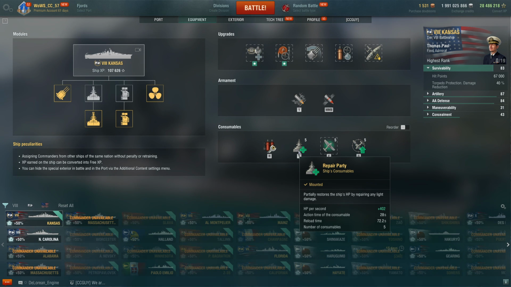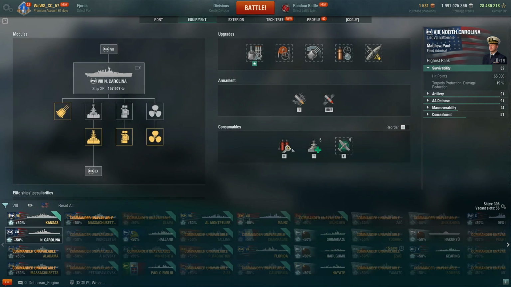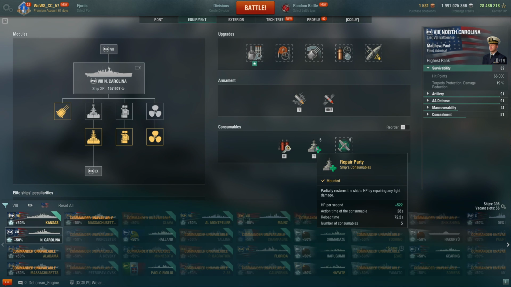56,280 health. However, the North Carolina heals for 14,616 per heal. And if you get to use all 5 of them, you can heal for 73,080 health. So this means that the difference between the North Carolina healing and the Kansas healing is 16,800. So it would in fact not be incorrect to say that the Kansas, because the healing is so much